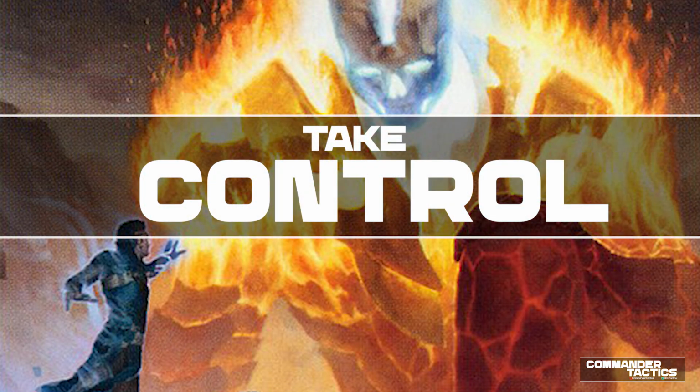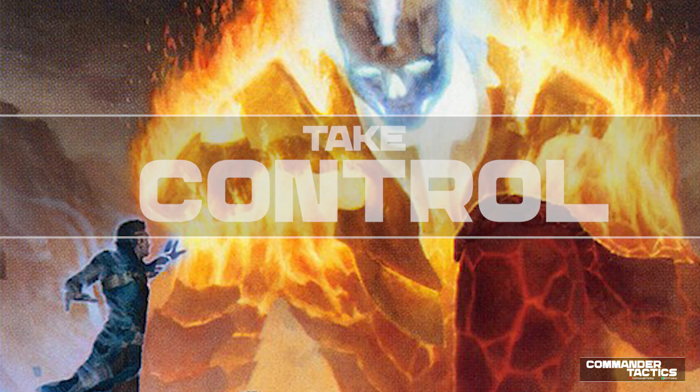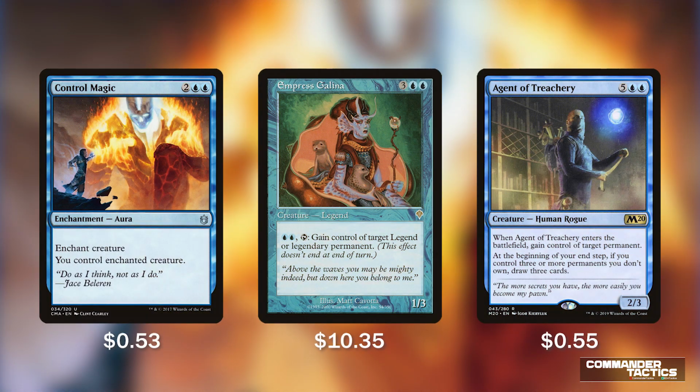One of my favorite toolkits with Muldrotha is her ability to really take control of the entire game. With these cards, we're able to lock down our opponent's commanders, steal their best permanents, and even take their turns. With Control Magic, Empress Galena, and Agent of Treachery, we can ensure that we will always have the best permanents on the board. Control Magic lets us take over any creature on the board, including commanders. Empress Galena is a legendary creature for 5 that says pay 2 and tap Empress Galena, gain control of target legend or legendary permanent. This means that Empress Galena can take control of opponents' commanders until they find a way